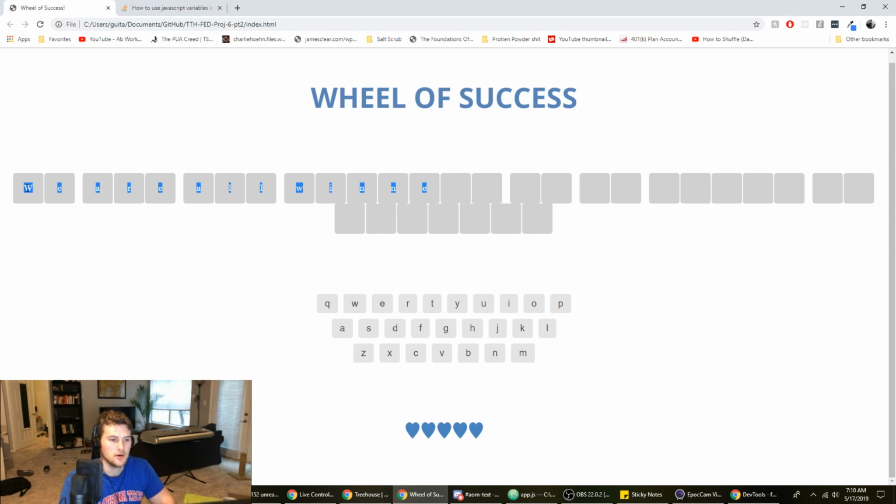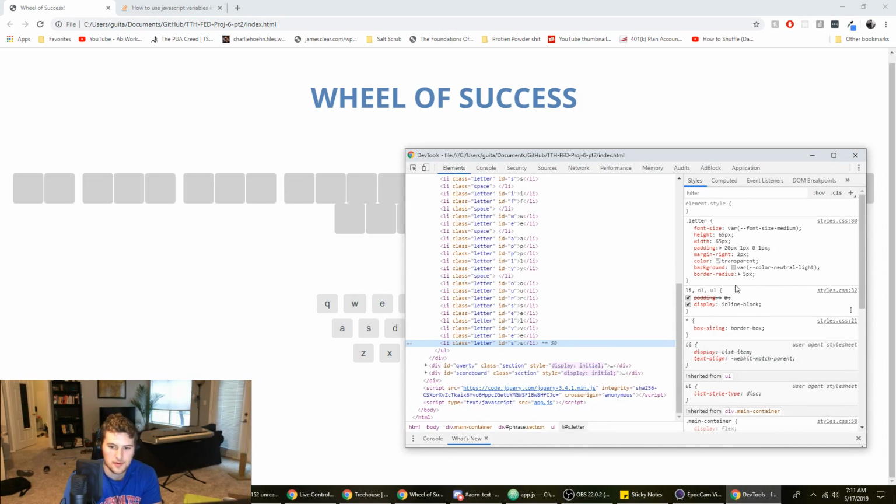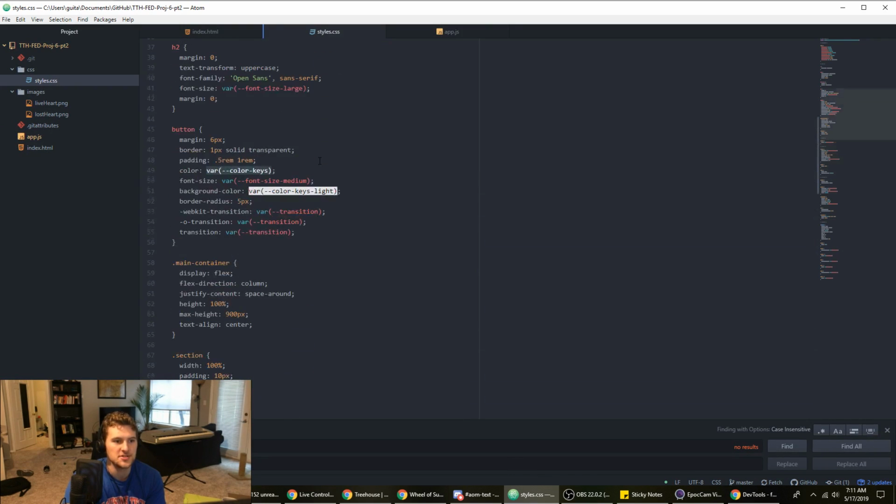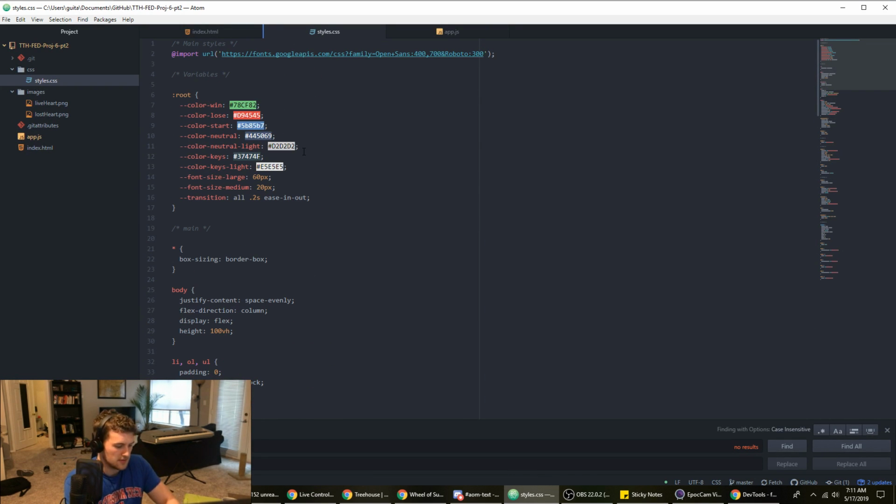Okay, so if the letter's selected, we want the card to flip over and then the letter to become visible. So like, what's the color right now? Var color neutral light. Does it already have a class we can add on there to show the stuff? I'd probably name it like show.